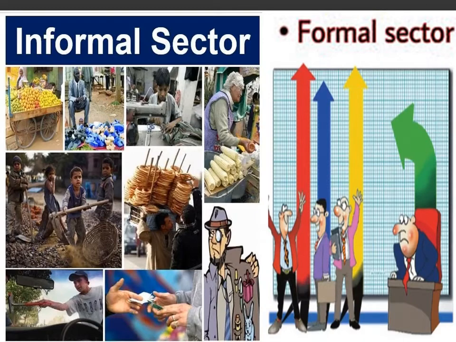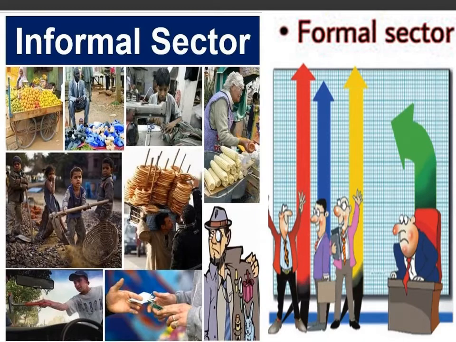The informal sector includes only local industrial units which are not registered with the government. Some examples of the informal sector are cottage industries. Cottage means small houses, so it means industries inside the houses of the people. They are small industries, such as making carpets, making rugs, embroidery, pottery, ceramics, traditional textile units, unregistered food industries, unregistered food processing units.